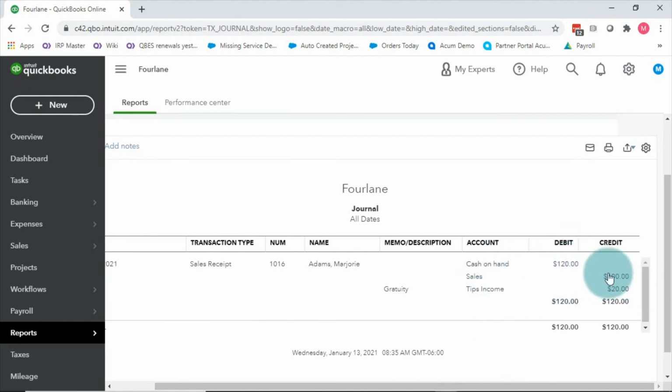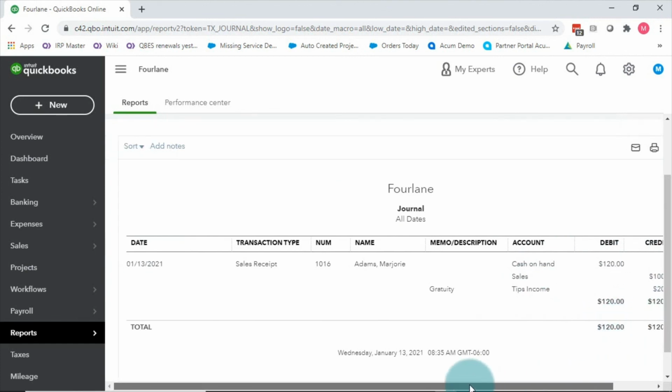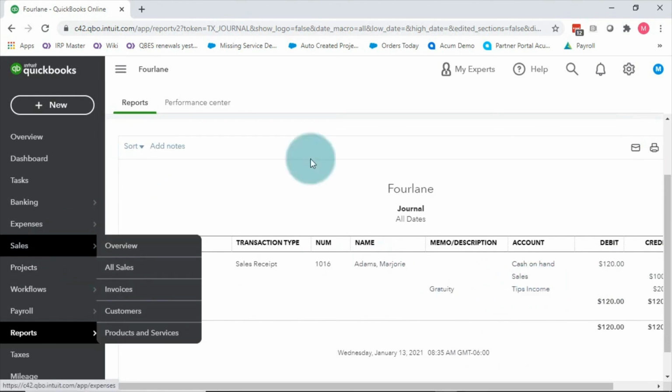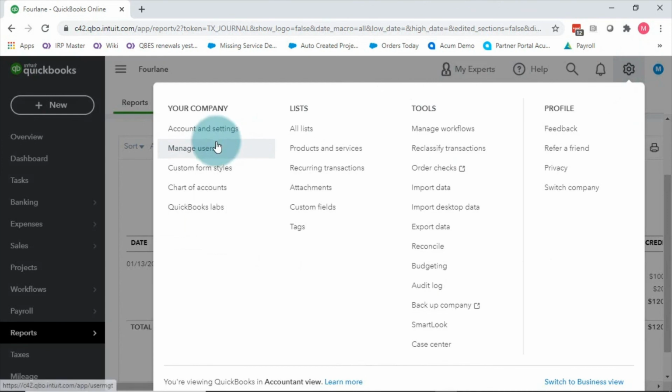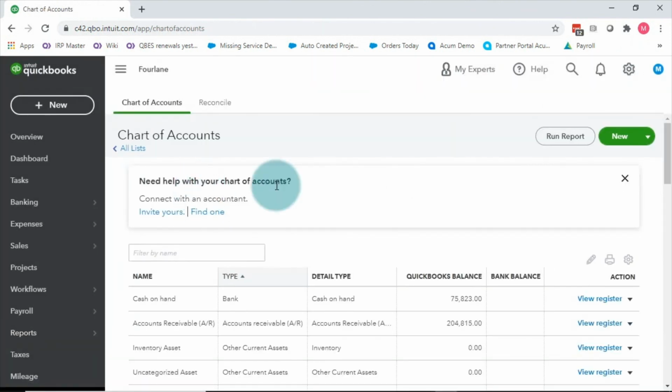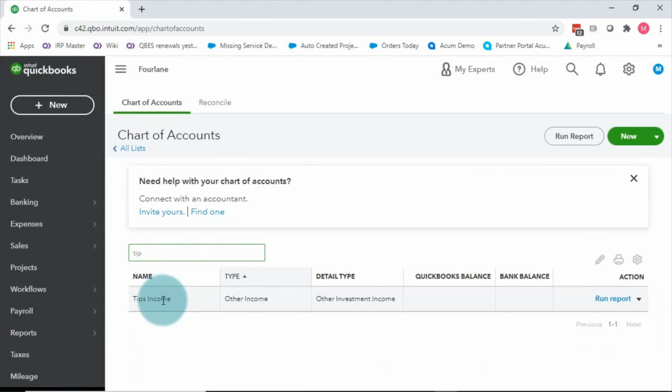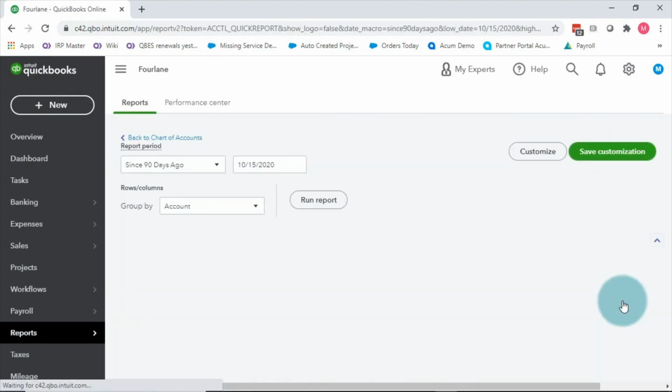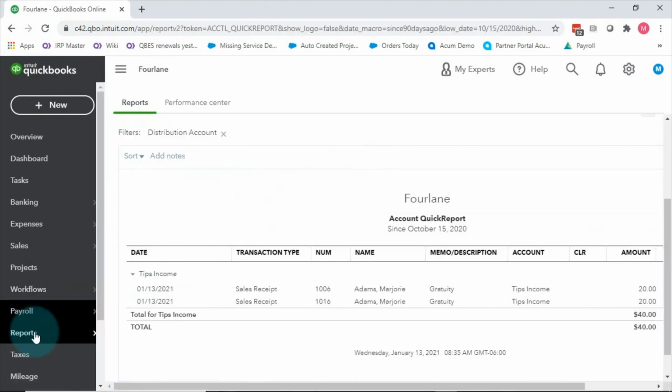We have sales of $100, and then we have tips income of $100. So it shows up on the income statement because it's just me, so it's my income that I had to record. Now, if you had other people that were collecting tips, like you have staff as an example, then you might not want it to be called tips income because you owe that staff those tips.